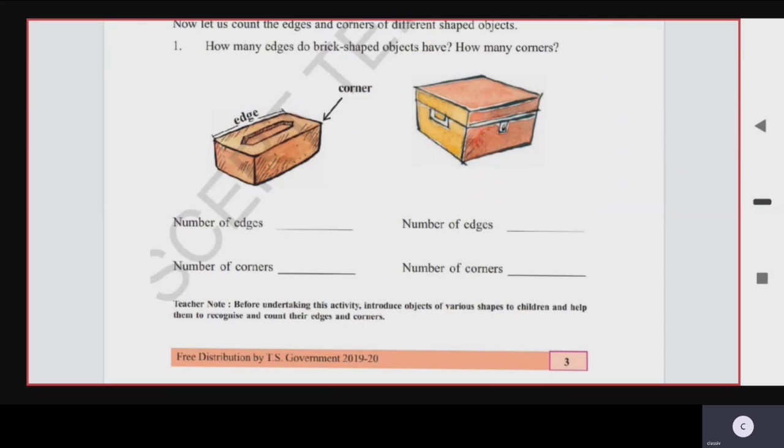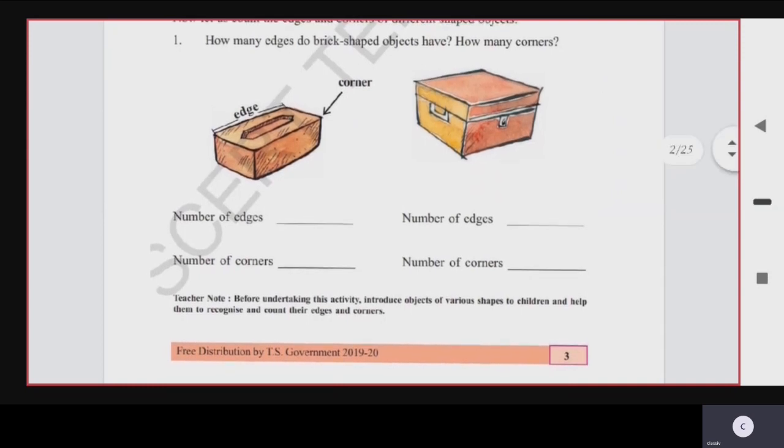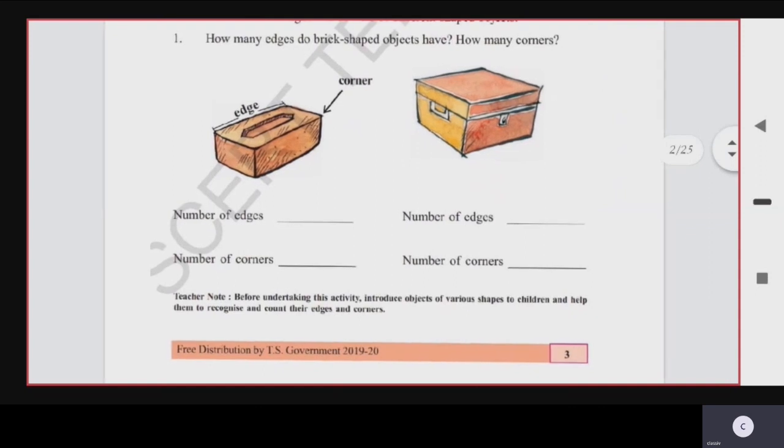Brick shaped objects are which type of 3D shape? It is a cuboid 3D shape. The shape of a cuboid is the brick shaped object. Okay, children, now you can see that the corner has been indicated here and the edge also. So the number of edges in a cuboid, or you can say the number of edges in this diagram of a brick.